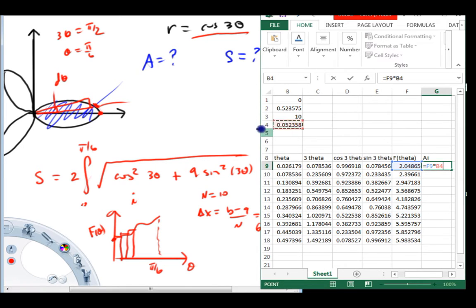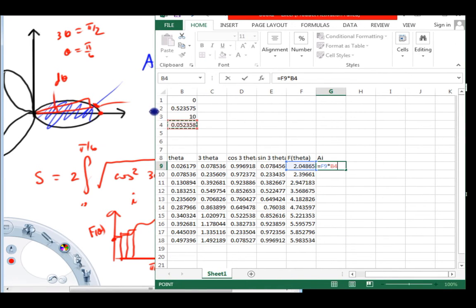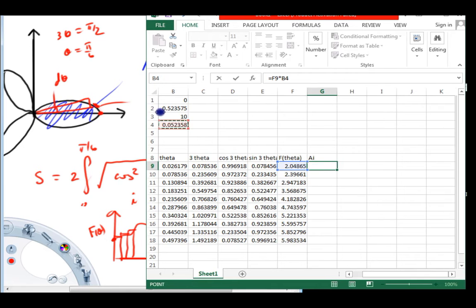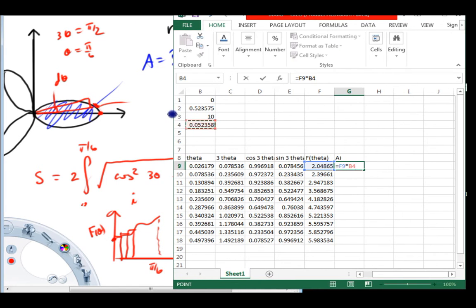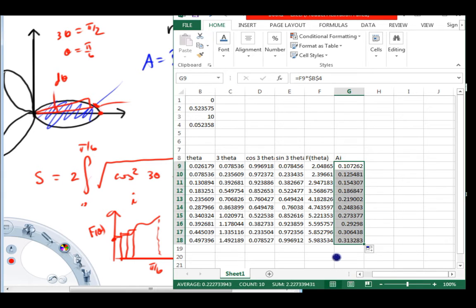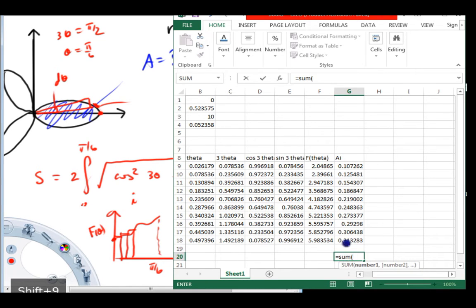I believe that was delta x. Oops, I have to go back and see what that column is, but I've got to double dollar that. And finally, this guy is equal to the sum of all of these,